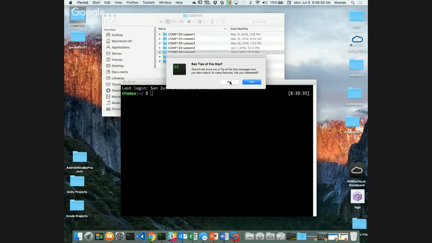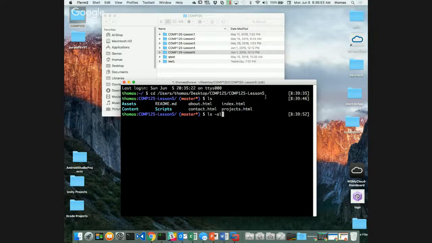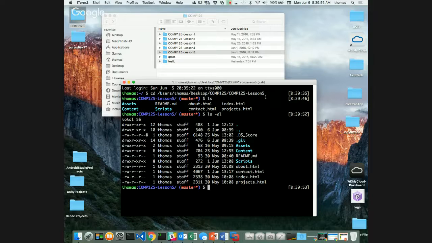And it shows tips of the day. No, I don't want to see tips of the day. And then I'm going to go cd to that particular folder for a second before I open it up with Visual Studio Code. And let's take a look again. If I go ls -al on the Mac or on a Linux machine, you can see that I've got the .git